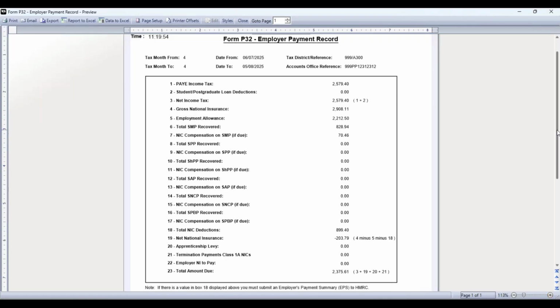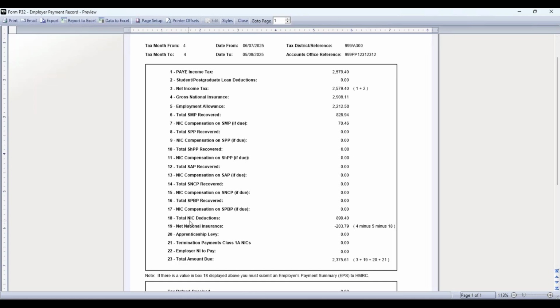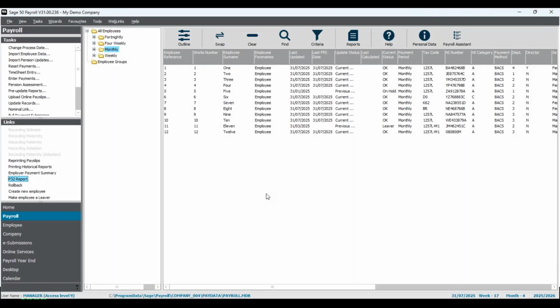And the figure that we're bothered about is actually line number 18, so total national insurance contributions deductions. I can see I do have a figure in there, and this means I do need to send an EPS. So that's one way that you can check it there. Now, when it comes to actually sending one, again, a couple of different places that you can do so, similar